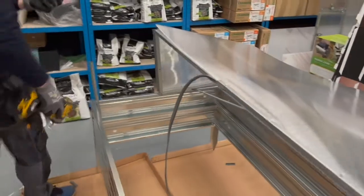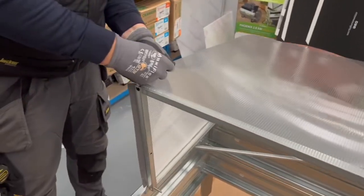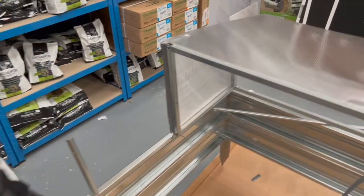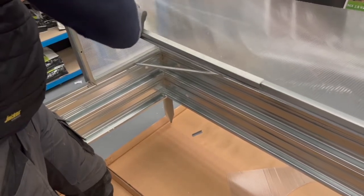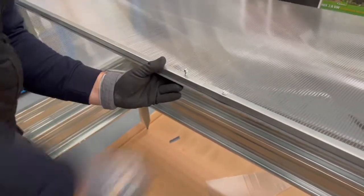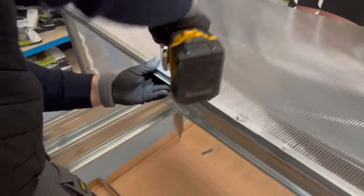What you're gonna do is use the rounded head self-tapping screw, and we're gonna screw it here just to secure the polycarbonate. Everything is standing right here. Okay. Now, the other strip is gonna be easier. Same thing. Start from the door handle hole. And then